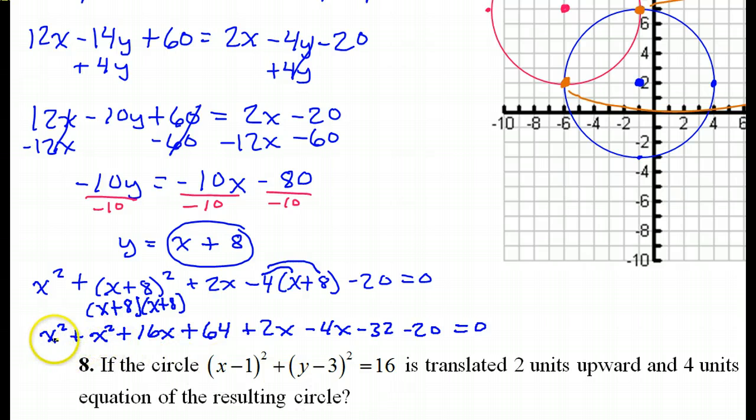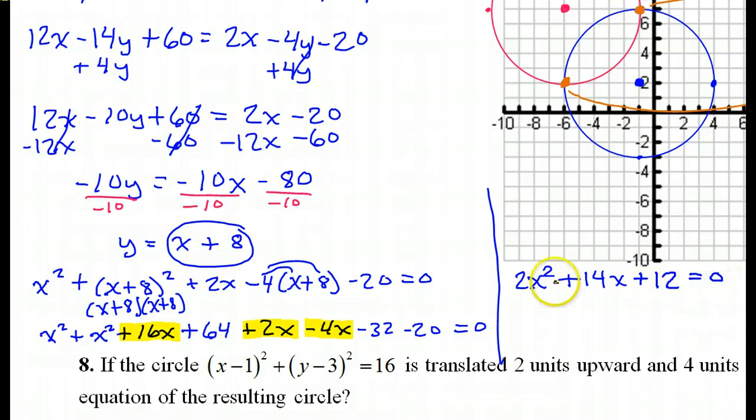Okay, combining like terms, so I've got x² plus x² is going to give me 2x². So I did that. Now combining the x terms, so I have 16x and 2x and 4x. I have to put these together. Well, 16 and 2, that's 18. Minus 4 is 14, so that's plus 14x. Alright, that leaves 64 minus 32, which is 32. Then 32 minus 20 is 12,